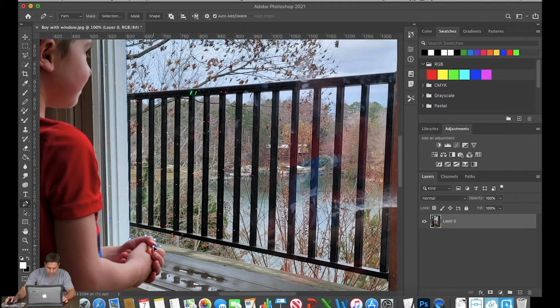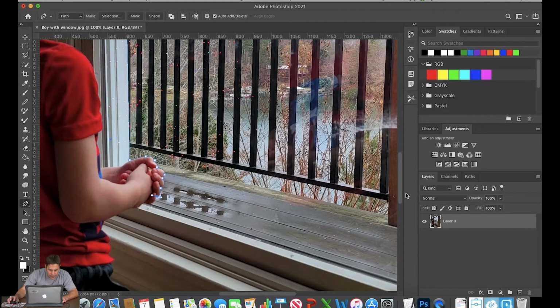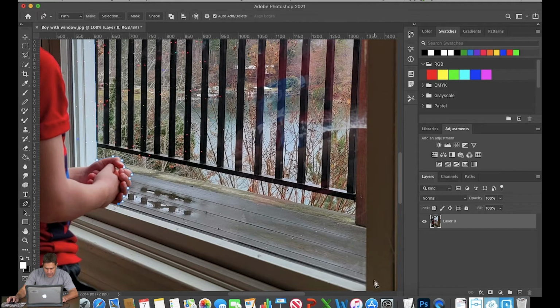And this doesn't have to be perfect, guys. Just get it pretty close. Scroll down here. Got that. Reset the last anchor point. Going right there. Reset that, and I'm going to go all the way over the edge right here. So I'm going to click right there. Where do I want it? Yeah, right about there. All right, so I got a straight line going there,